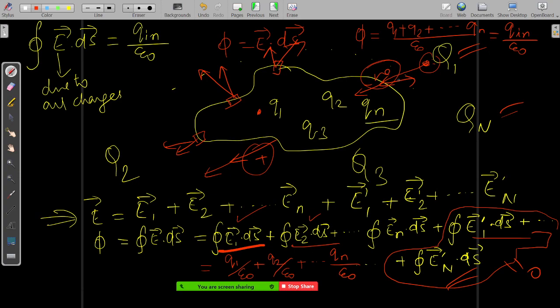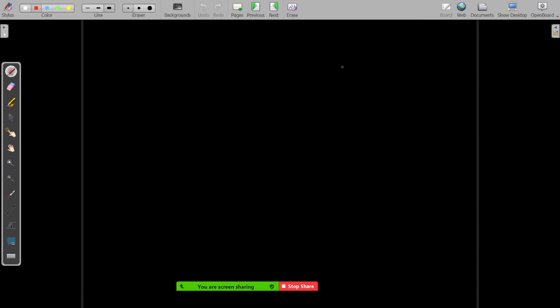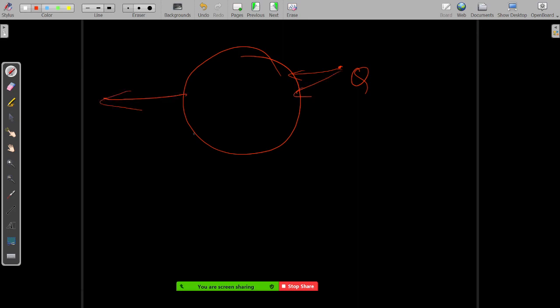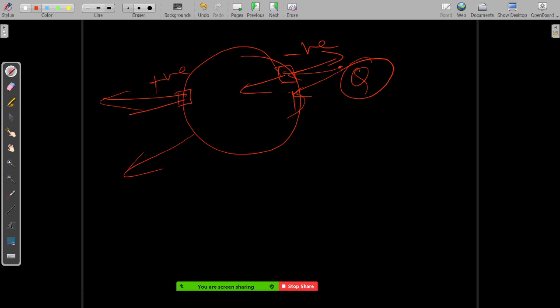But from an external charge, how will it happen? Let's say this is an external charge and there is a closed surface like this. It is entering also and it is going out also. So total flux will basically become zero. It is making a negative flux here, and a positive flux here. This is negative flux because this is an outer surface area and this is the internal electric field due to this positive charge, so the angle is more than 90 degrees and it is going to be negative here. And when it comes outside, here the surface area is again in the outside normal direction and the electric field is also outside, so here it is going to make positive flux.